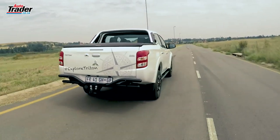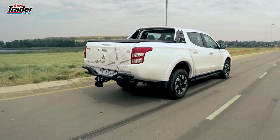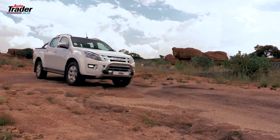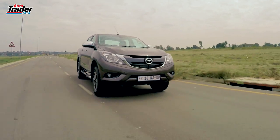silky smooth. It does. There are slightly more refined motors, and I'm going to give the most refined motor, your baby, to the Triton, and the least to the bit of a toss-up between the Isuzu and the BT. Sadly, the BT is not winning any favours here, but this one is very, very good. And when it comes all together to form that ride and that drive, I think it's a great, great package,